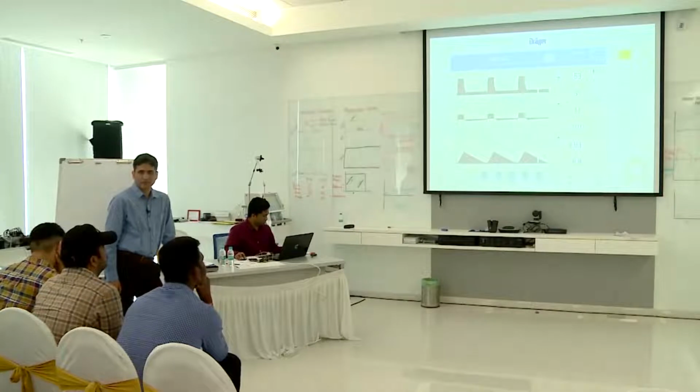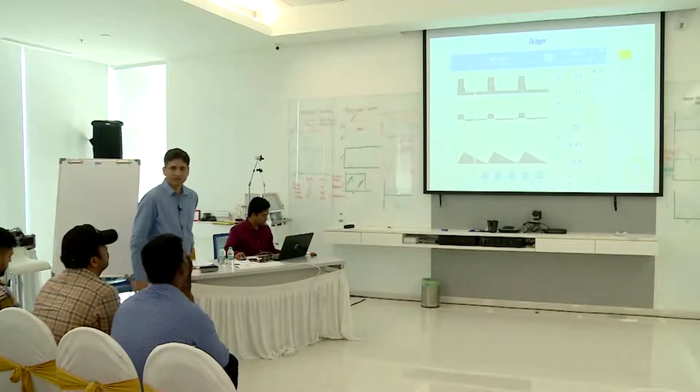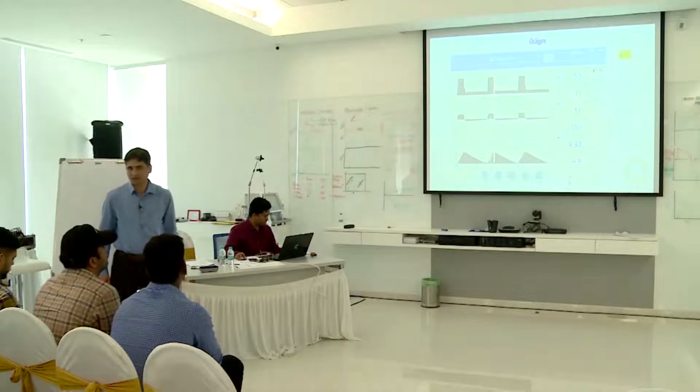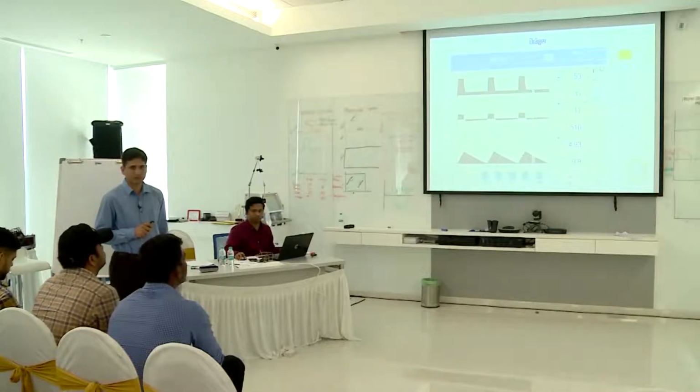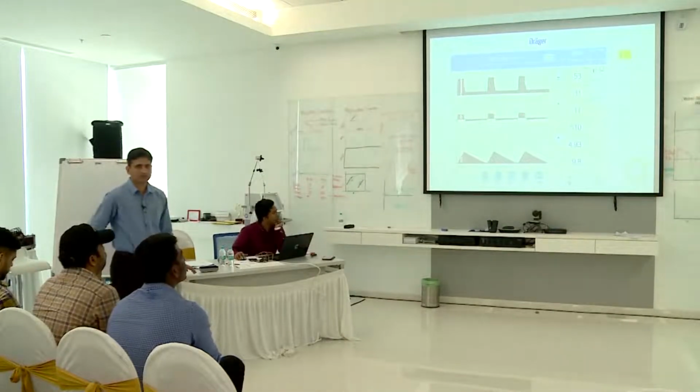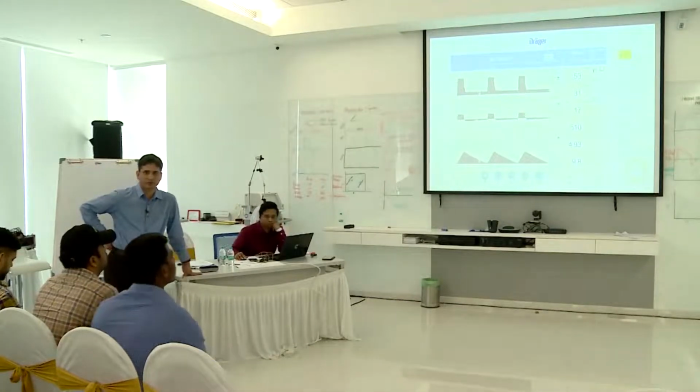Am I correct? Clear? So in this patient there are two problems. One is that the peak pressure is going high, which in your ICU you will find most of the time, in 90% of cases. The second problem is that the patient is having auto PEEP. Okay. Now how do we correct this? How do we correct the high peak pressure, and how do we correct your auto PEEP?